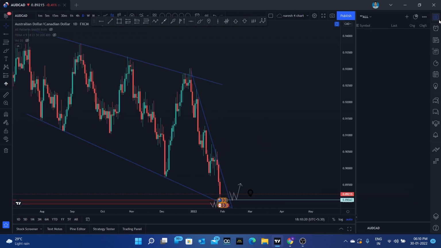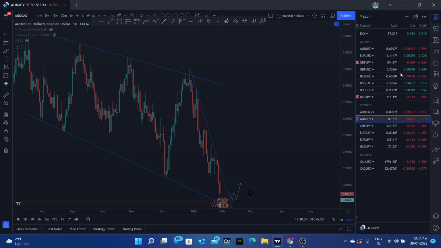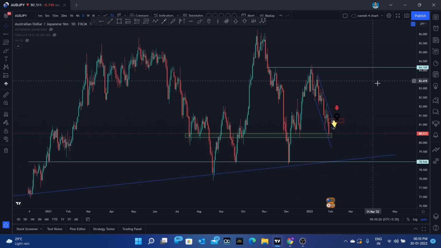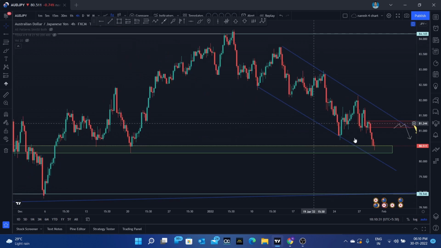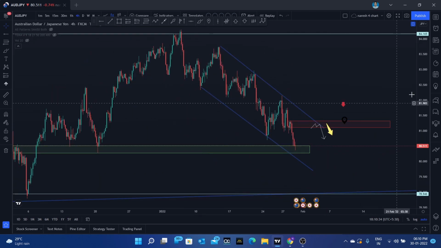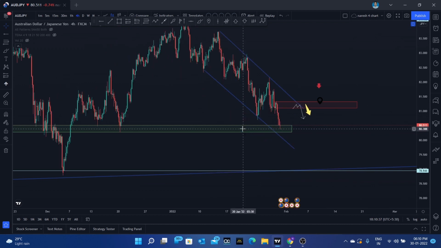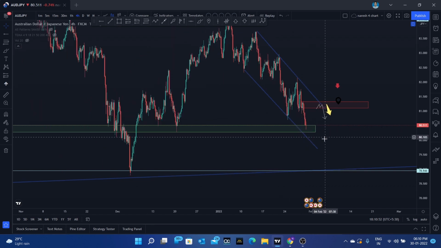Okay, so next would be AUD JPY. So let's go with the 1 day time frame, guys. In the 1 day time frame, it is in a bearish trend, and it is in some kind of channel pattern, and it is downwards as well. So the price can reverse back, and if it is coming to this area, which is having a good amount of supply as well, and if you are able to see some kind of bearish candle formation, you can go for short entries, guys, and you can look for very good targets. First target would be this area, and second target would be this area as well, guys.